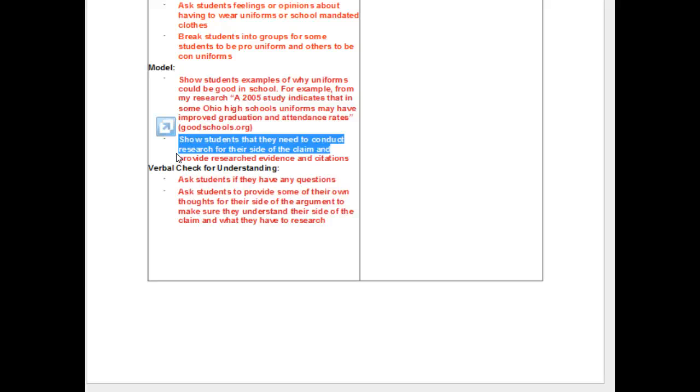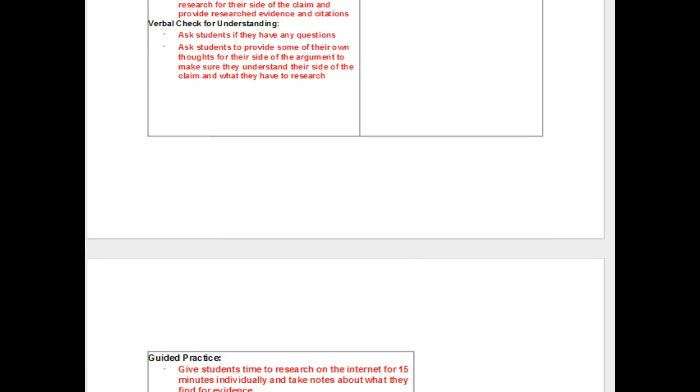Otherwise, what kids are prone to do is to spout an opinion and then go find some research that backs their opinion and disregard everything, in which case they're only searching, not researching, okay? Second, you note down below that you tell them to make sure that they're only using credible information, sites, things like that. So you're going to need to address that piece up here, right? Here are credible places to look. Here are not credible places to look. You're going to need to gather arguments for both sides of the claim. So these instructions here are just not well aligned and they're not fitting the entire standard or evidence outcome.